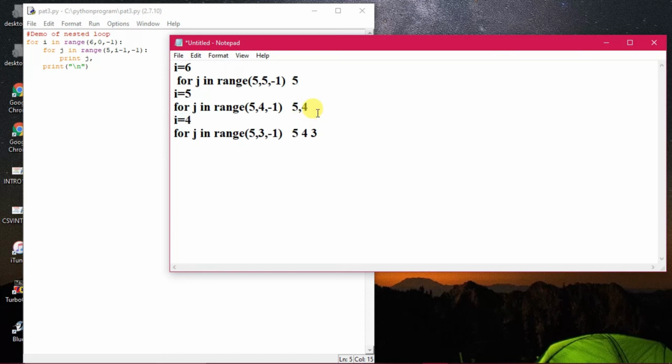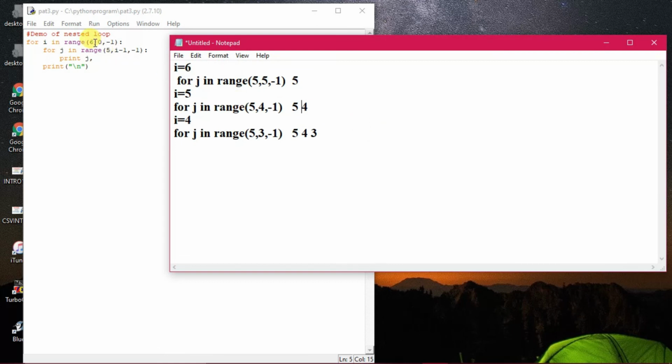And I have already told you what is the purpose of slash n. Slash n is actually the new line feed. So when it completes the execution, what is happening? It is coming out, and then it is going back to the next loop. Before going to the next loop, it is just executing slash n. So the cursor is coming down to the next line, as we have seen in the output.